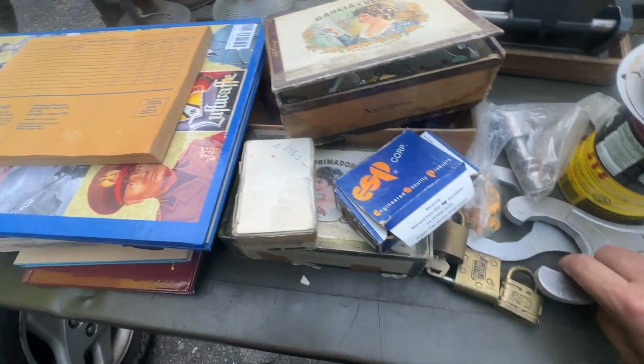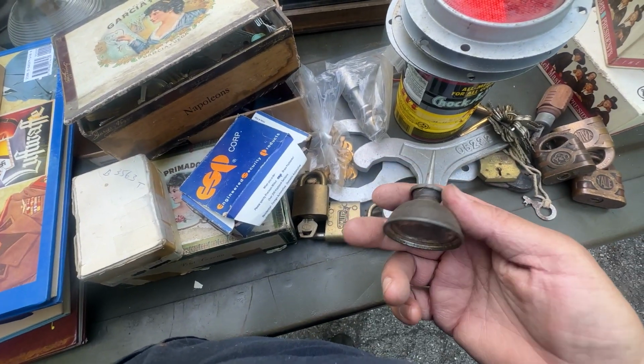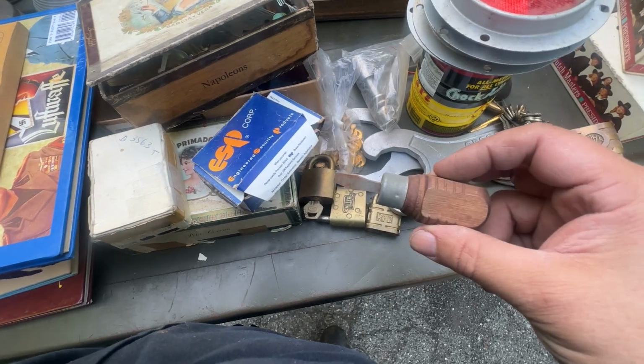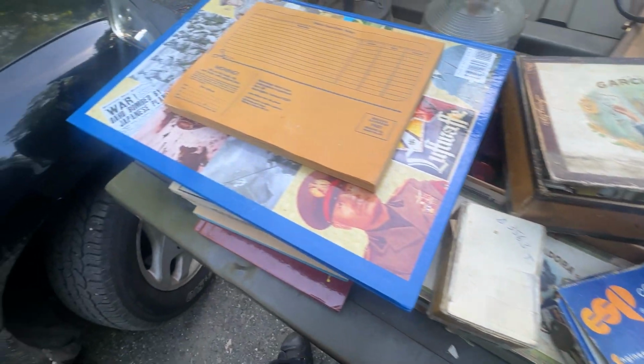We do have some oil filter wrenches here for something. A little oil can, probably for a phonograph or maybe a sewing machine. Nice little Irwin stubby screwdriver with a wood handle. I like wood handle screwdrivers. Now over here,